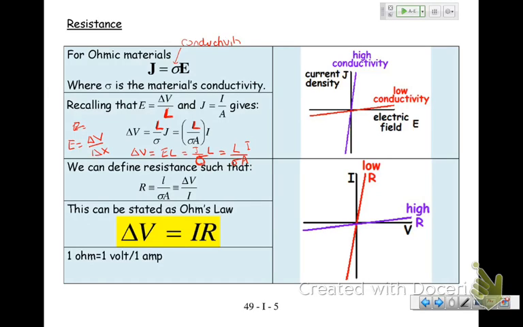They've taken that J and said, where does that come from? I is equal to J, J is equal to I over A. I'm sorry about that. It's a way of getting to this expression: delta V